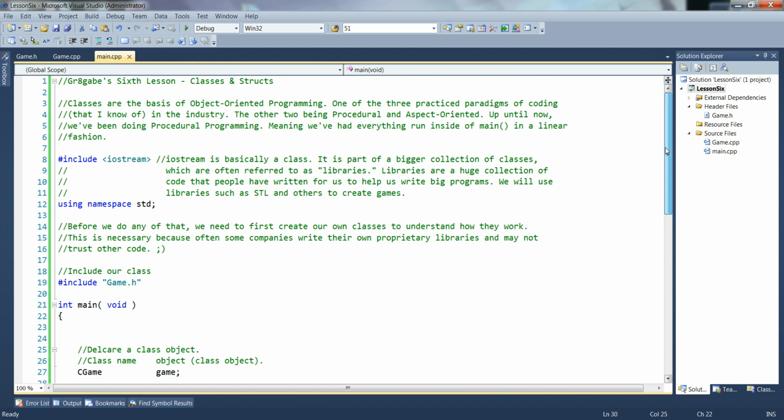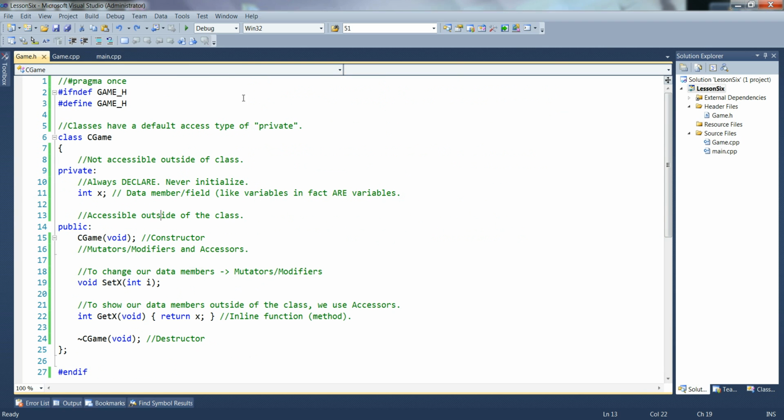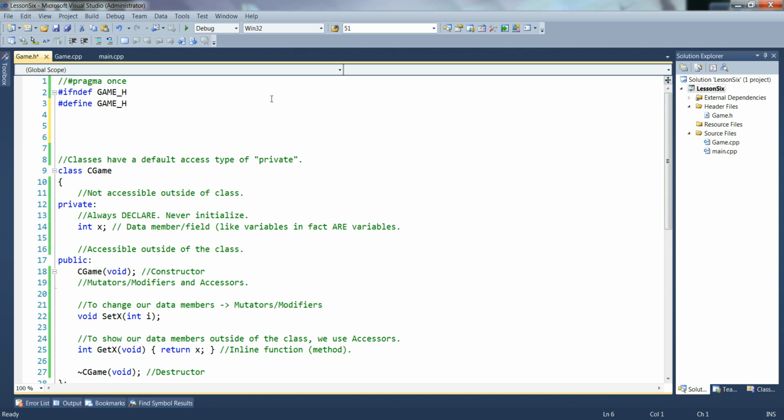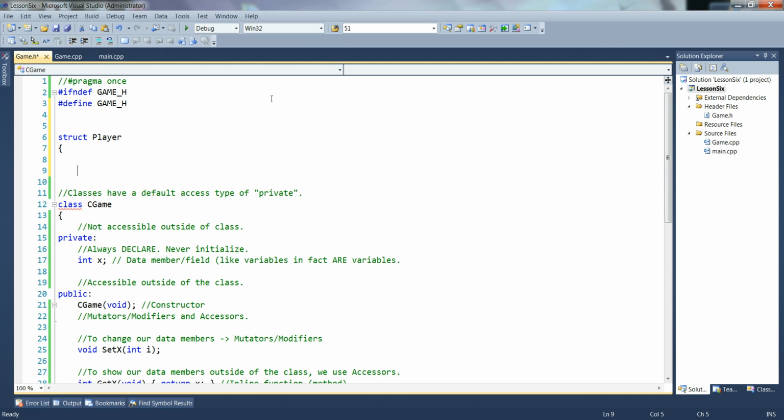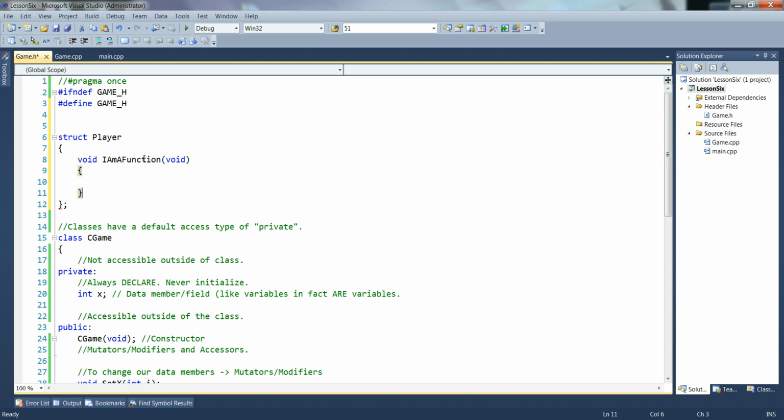So something that is like a class, except it has a default access type of public, is called a struct. And we can create a struct called player, and we basically set it up the same way. Oops. And so basically what we do here is we can create a function. So let's go ahead and create a function. We'll call it void I am a function, and void. And we can write the function body here, and basically we can just cout hi,